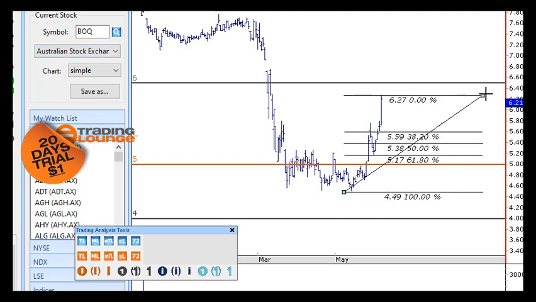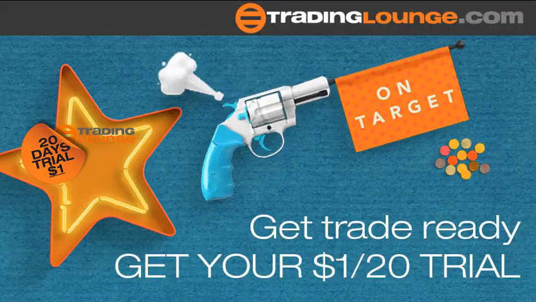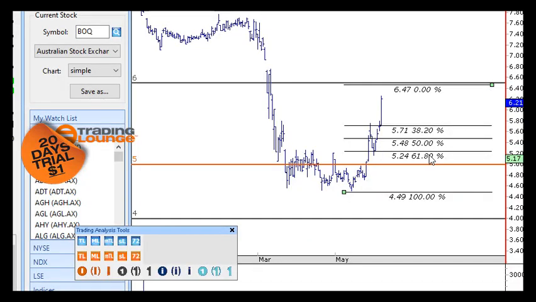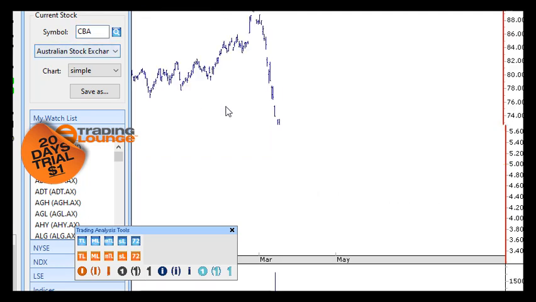if we just look at this here, it could pull back from the top to 61.8%. I don't think it's going to pull that far back because of where the indices are, but there will be some sort of pullback in it. So what we're really looking for here with these banks is a way to get in. If we have a look at CBA, for instance,